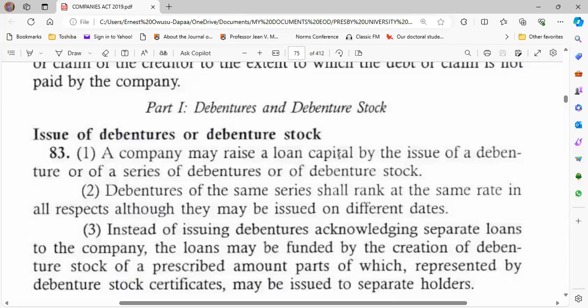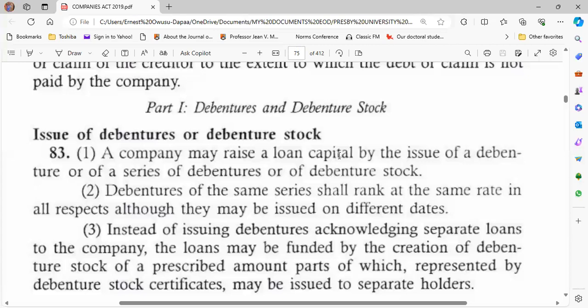And another way of describing debentures is what we call the loan capital, if you like. Loan capital is capital which the company has raised by borrowing, and at some point, the money will go out of the company. Unlike shares, where the money contributed, apart from redeemable preference shares, may stay in the company for as long as the company remains, as the case may be.